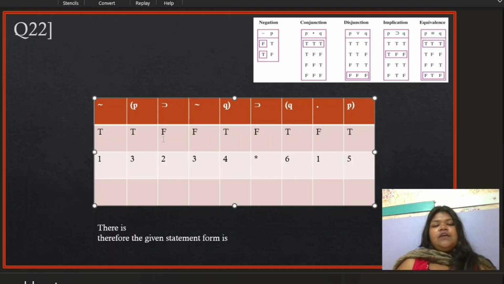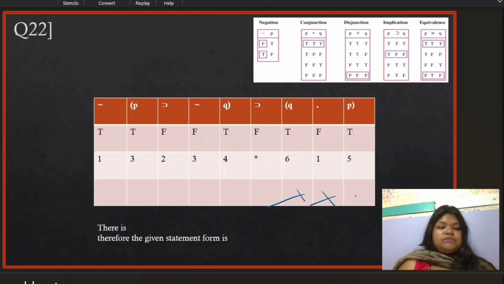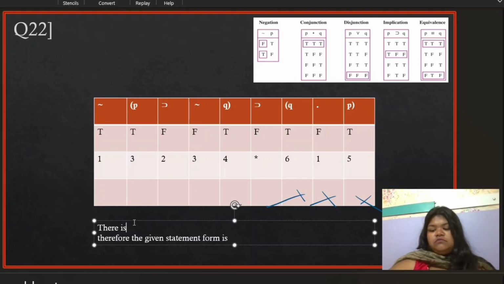Now if you want to check if you have got any inconsistency, check this. FTF, do you have it over here? No, you do not have TFT anywhere in the dot. So here you found your inconsistency. Easy. So yeah, now there's nothing to paste. There is an inconsistency